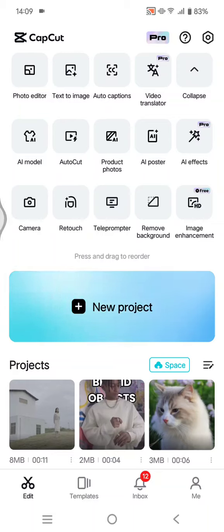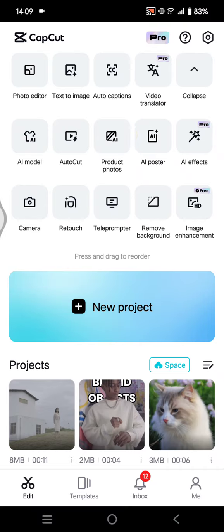On today's tutorial, I'm going to show you how you can easily create a poster using CapCut AI poster. You can use this feature to create an intriguing or eye-catching poster for your business. For example, here on the CapCut homepage, you'll easily spot the AI poster feature. So if you click on that button,